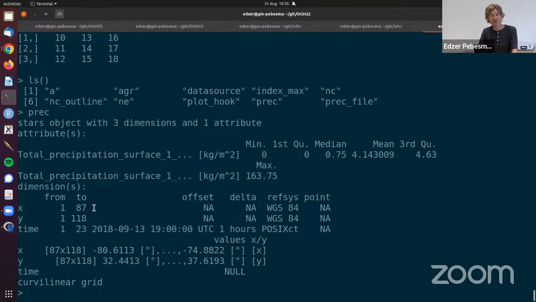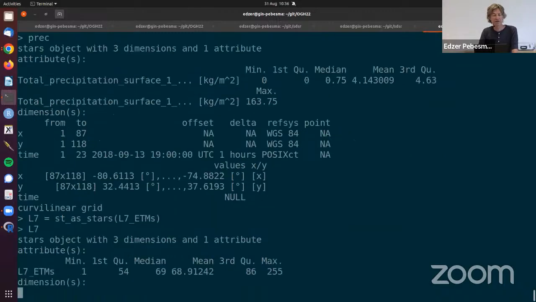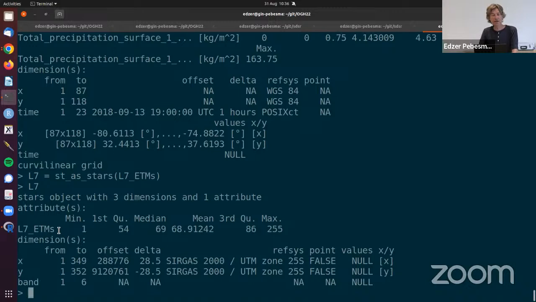Yeah, well, let's try this. I don't know if this is very well working for curvilinear grids, but in principle, let's look at the Landsat 7 data set, which is here. So I have a single attribute here, which are my pixel values, and I could index that